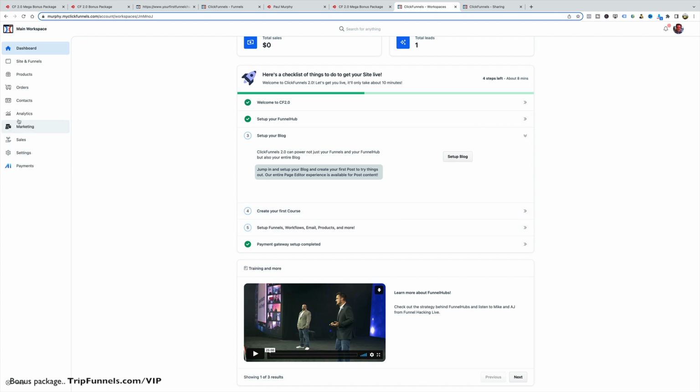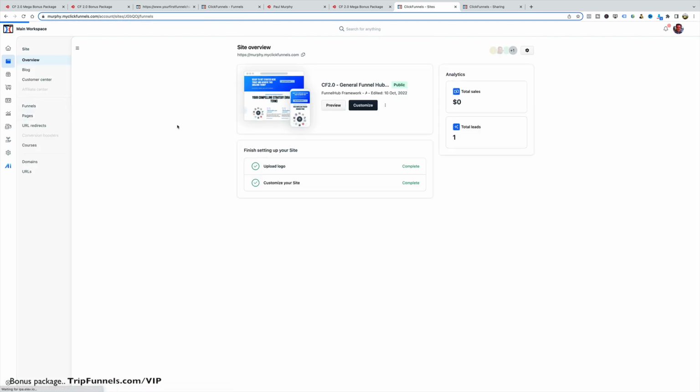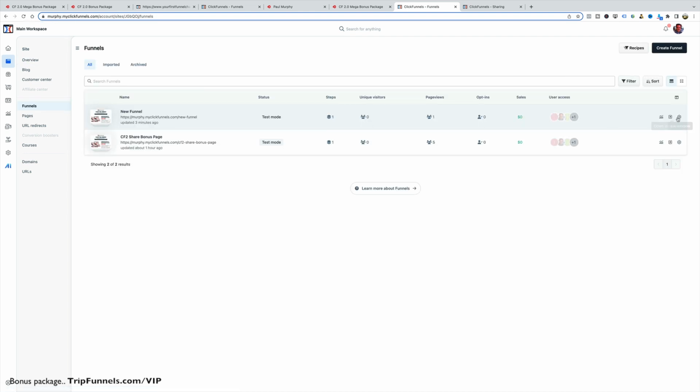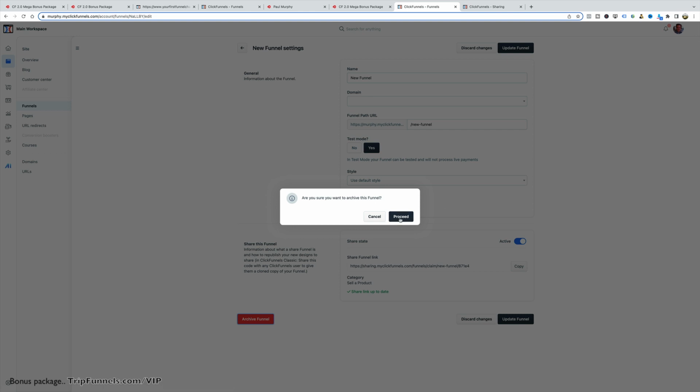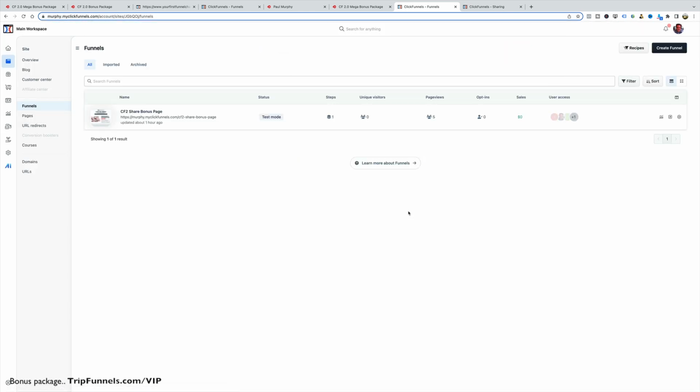And then obviously, in the site and funnels, let me just show you a couple of other things. So inside the funnel, I'm going to delete this one if I can delete it. Yeah, there we go. Right, so that's nice and clean. So in this one here, when we go into this funnel, you're going to see a number of options, and you've got your built-in CRM and everything on the right-hand side. So if we go to edit here,